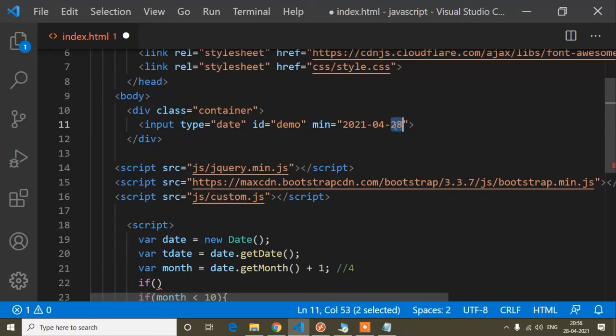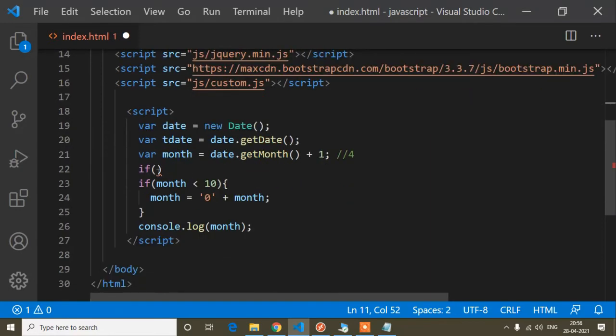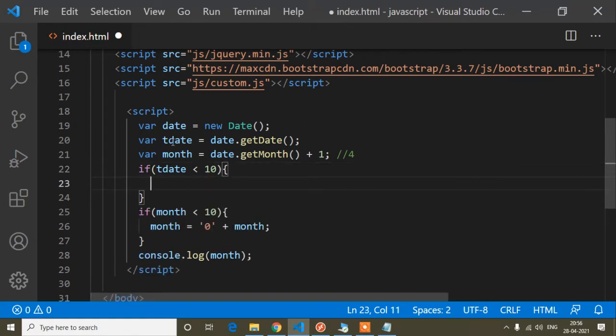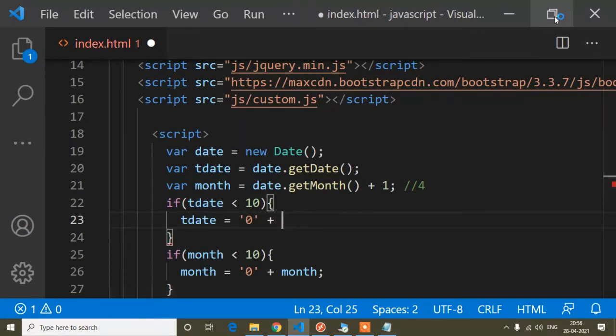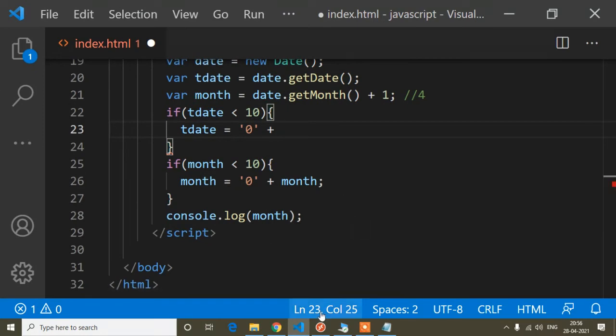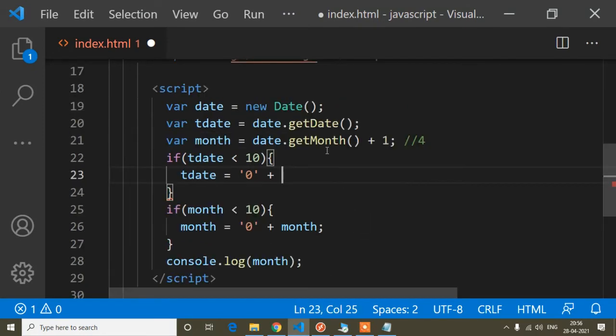When this is one character, I mean up to 9, suppose it is 8, then I have to add 0 here. So for that, when this tdate is less than 10, in the same way with this tdate I will add a 0 as a string, so plus, and here I will add this.